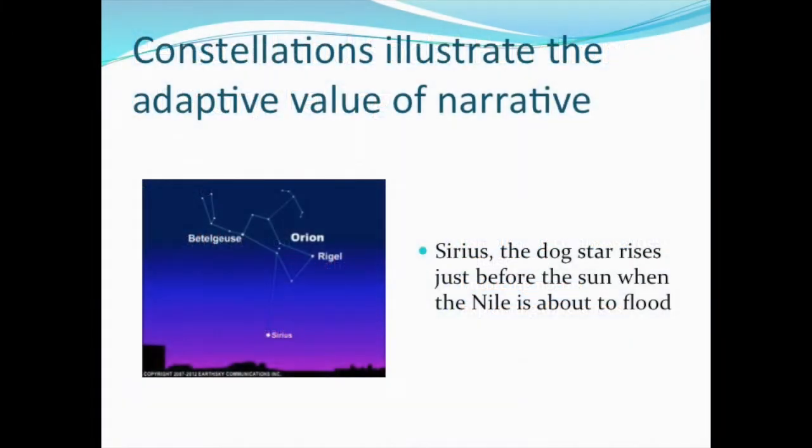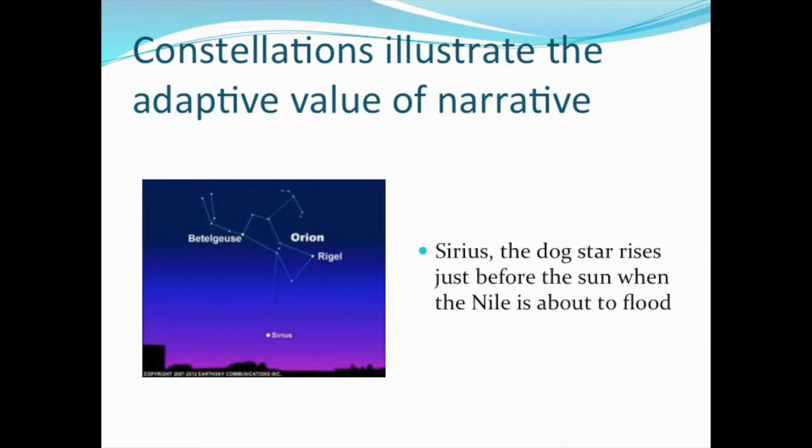I think the history of constellations is fascinating, and it illustrates one adaptive aspect of narrative. As you well know, the seat of human evolution is around the Nile, and the Nile floods periodically, and these floods can be quite devastating and massive. And Sirius, the dog star, as it turns out, rises just before the sun when the Nile is just about to flood. So, Sirius, after years and years of observation, people noticed this, and a whole narrative of the